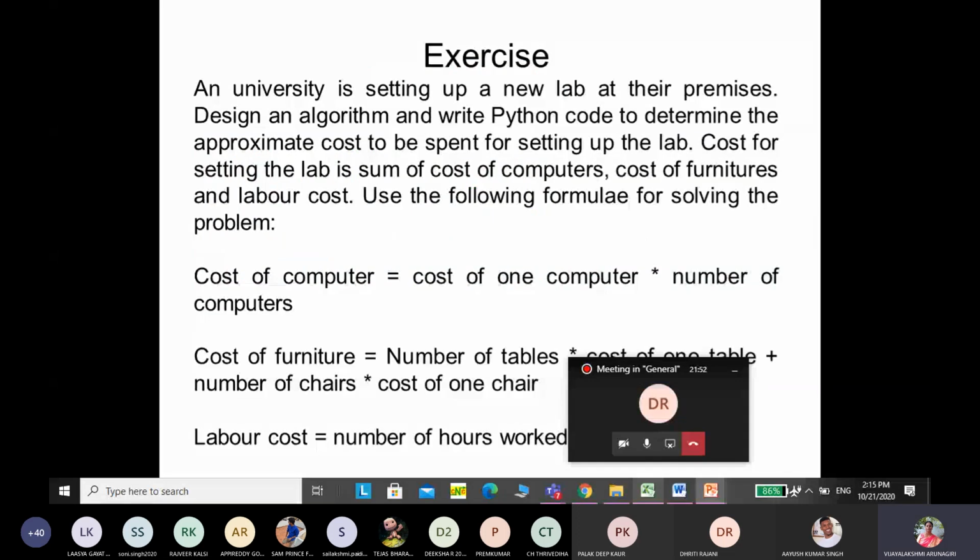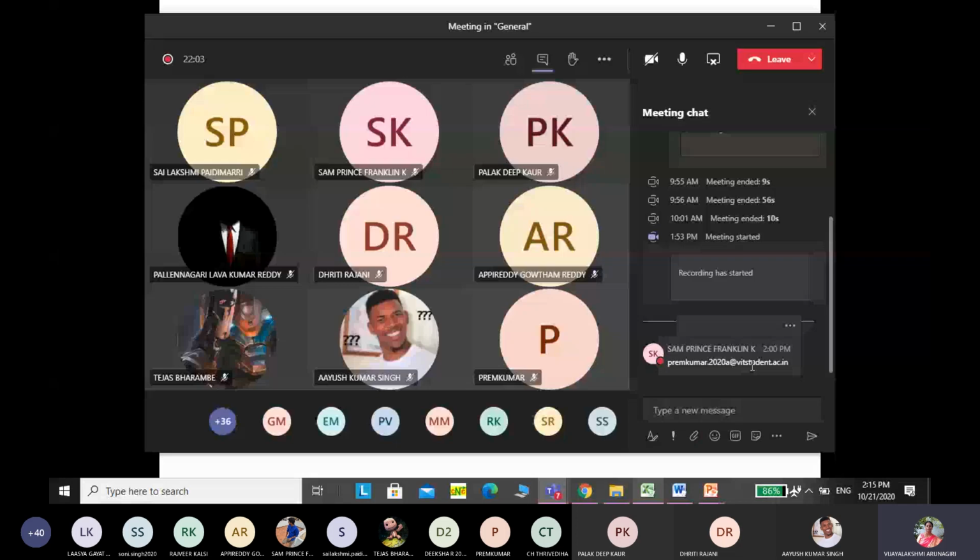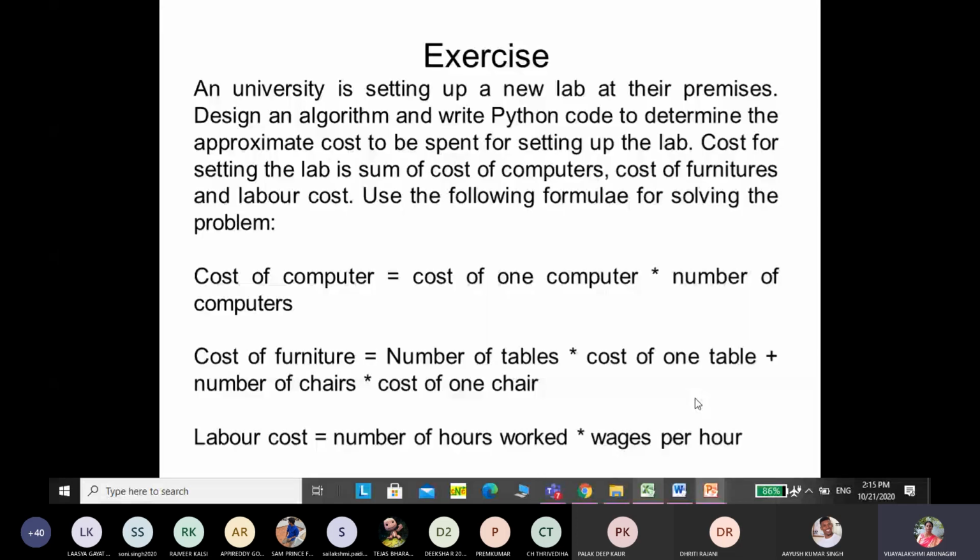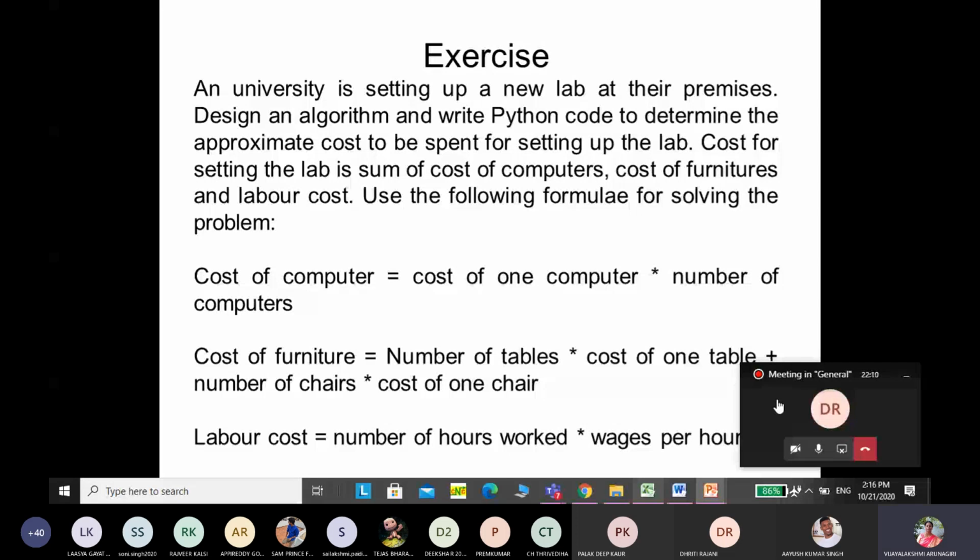Please read this problem, another exercise. And you have to write the PAC chart, the second one. You have to write the PAC chart, pseudocode or algorithm or program for this exercise.